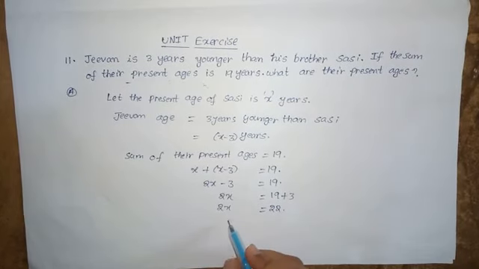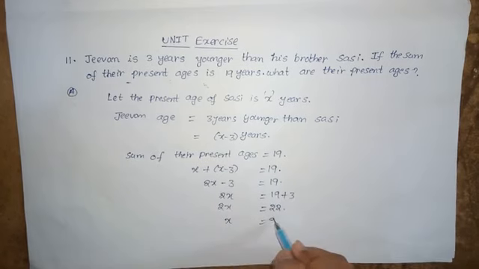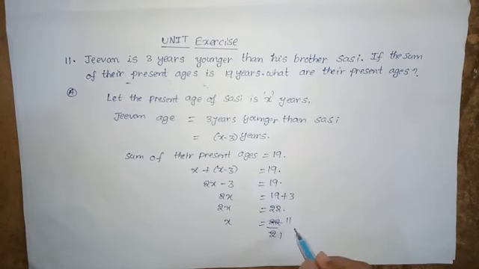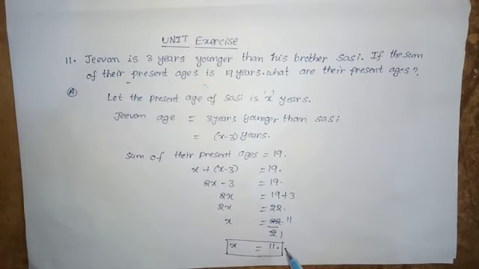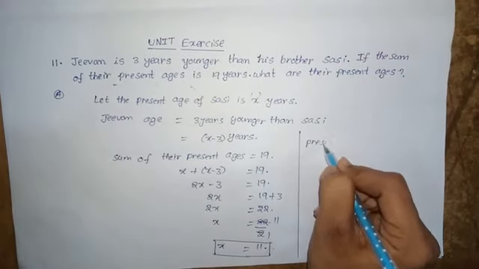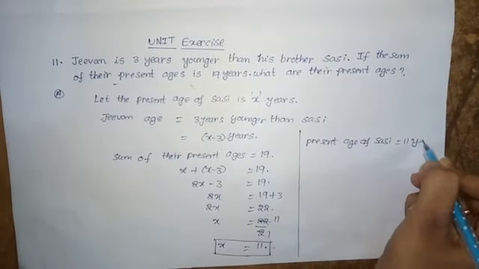So find out the x value. So x is equal to, so on the left side, 2's relation with the x is multiplication. It is moving to the right side, division. So 22 divided by 2. 2 1 ja, 2 11 ja, 22. So x equal to 11. So x value represents the present age of Shashi. So the present age of Shashi is equal to 11 years.